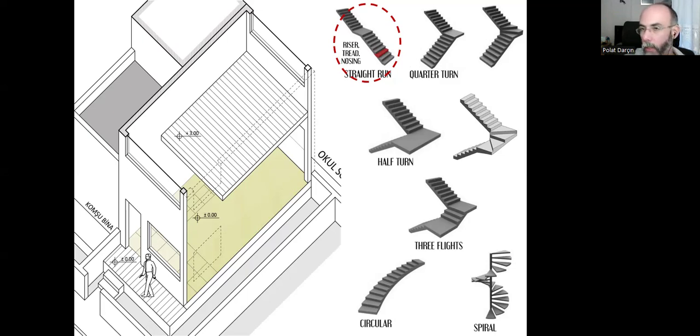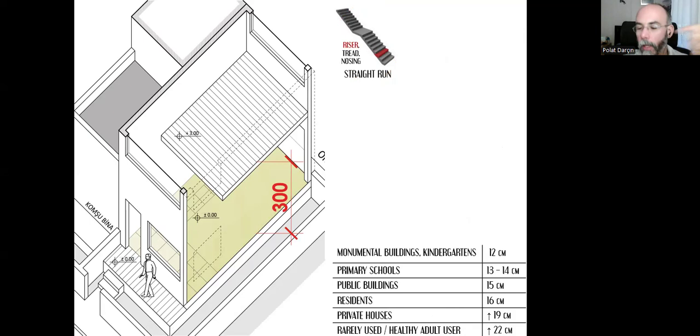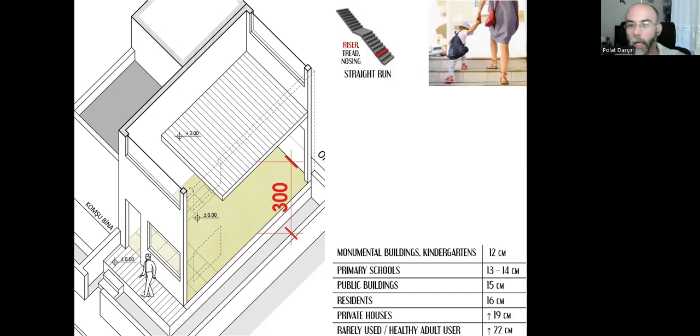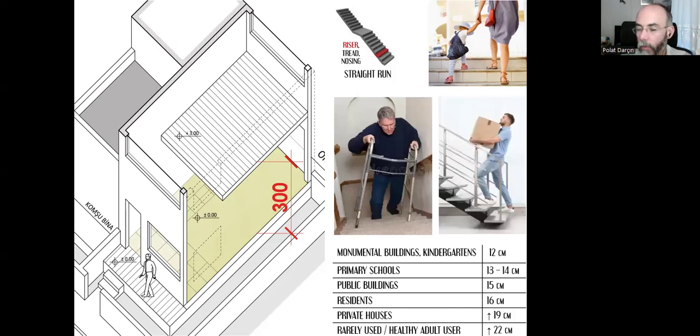That's the decision about the form of the stairs. Now we need to make decisions about the riser height, tread width, and nosing type. In order to do that, we need to take into consideration the level difference between these two floors. It's 300 centimeters, and we need to make the decision about the riser height based on the user and the function of the building. The user, we need to take into consideration their age, their movement ability, and their